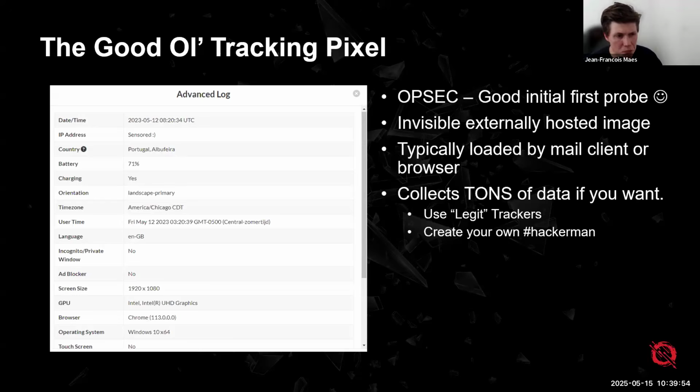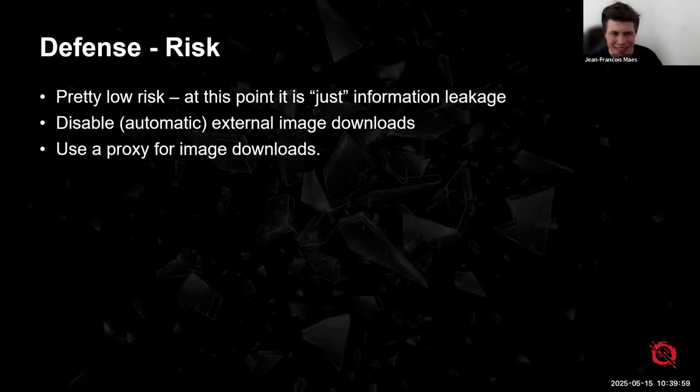Now, at this point, there's really not that much risk yet for an organization. The worst case scenario here would be information leakage. So there's not much maliciousness going on just yet.